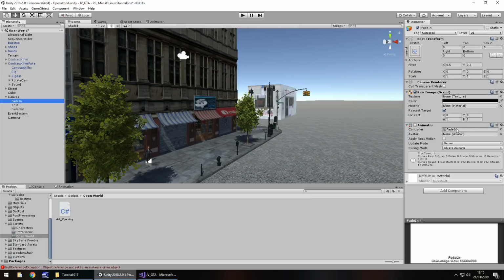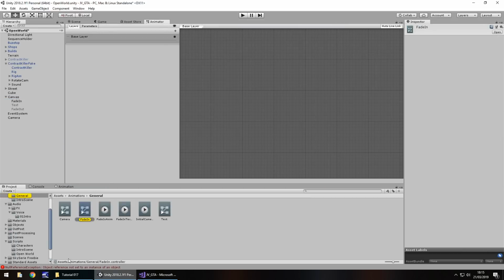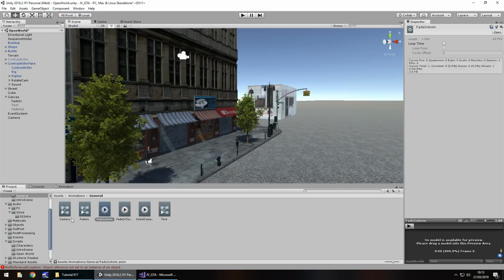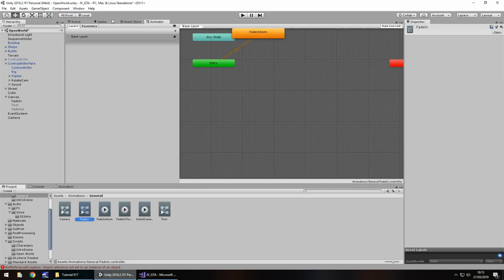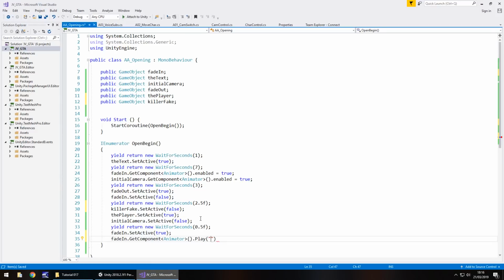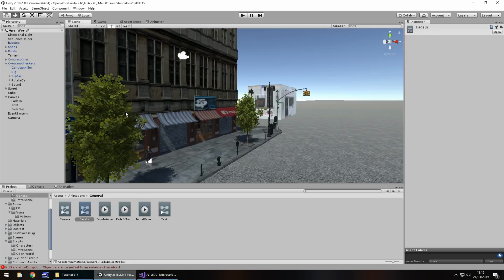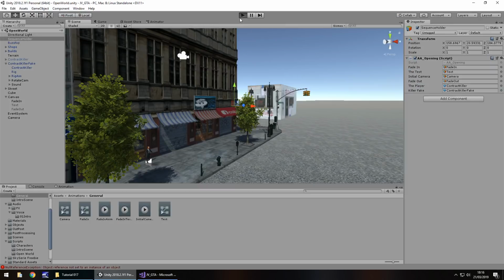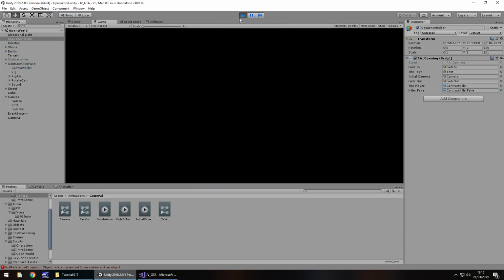Let's go to the animator component, and okay, so it's fade in anim. Okay, that's fine. Is it fade in anim? It is, isn't it? It is there, yeah. So fade in anim. Fade in anim. Quote, close bracket, semicolon, save. Head back to Unity. And let's quickly add in our fake contract killer to the sequence holder. And save scene, and let's press play. And we should see, once again, the sequence play out as intended.